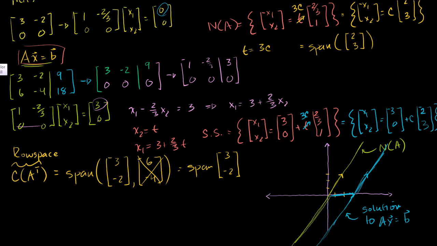So what does 3 minus 2 look like? The vector 3 minus 2, we go 1, 2, 3, and then we go down 2. So you go 1, 2, and it's going to look like this. It's going to look something like this. And then if we were to graph it,